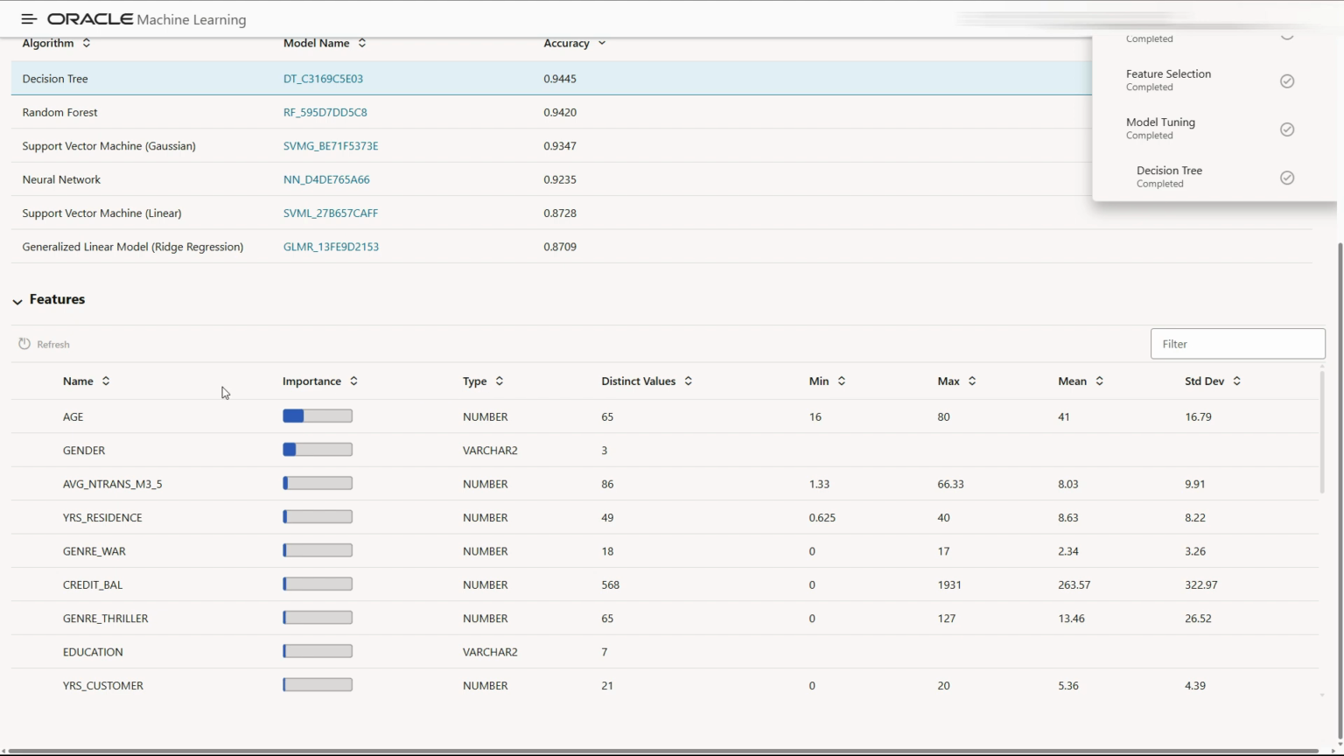And below here we are seeing the columns that have the highest overall importance, and these are age, gender, transactions of previous quarter, years on the same residence, war movies that have been seen. I remind you that this dataset represents random data from a streaming company,